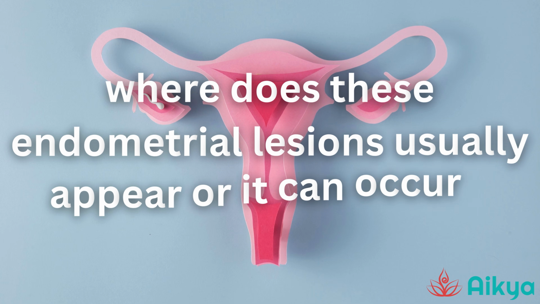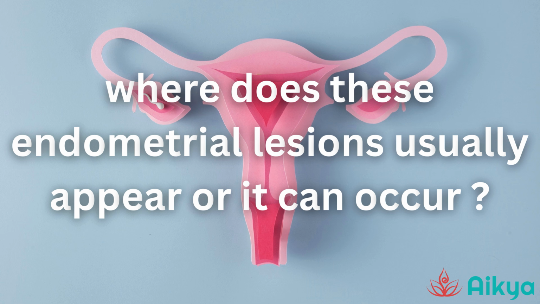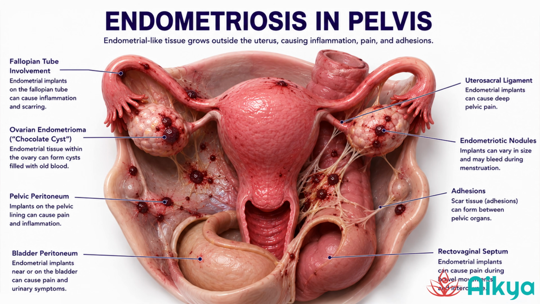So, where do these endometriotic lesions usually appear? It can be inside the pelvis. Most commonly, it's in the pelvis, that means behind the uterus: the uterosacral ligaments, ovaries, or the pelvic peritoneum. Most often, we see very, very small lesions immediately behind the uterus. That's why they have so much pain in and around the periods, and sometimes even difficulty and pain when passing motion. So they generally start behind the uterus.